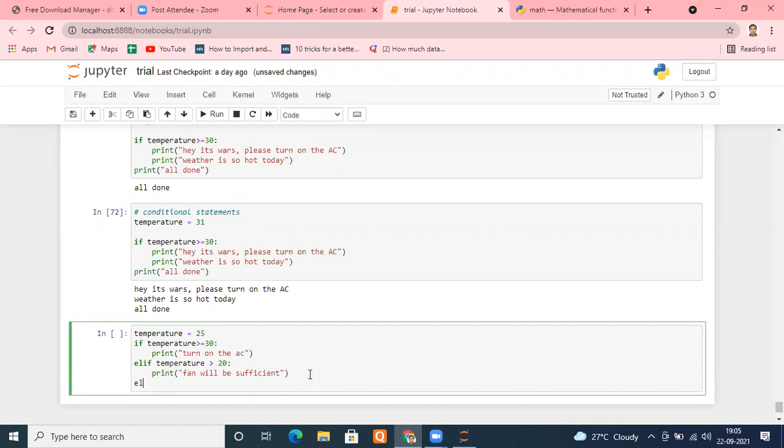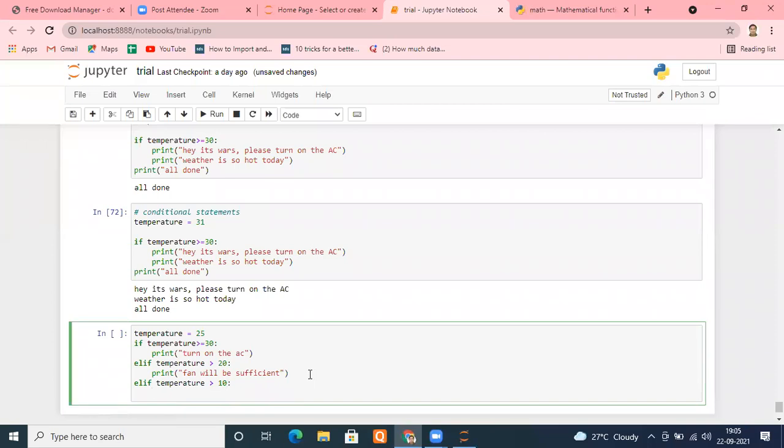Go ahead. Elif temperature is greater than 10. You'll come to that. Print "it's getting cooler day by day". Okay.